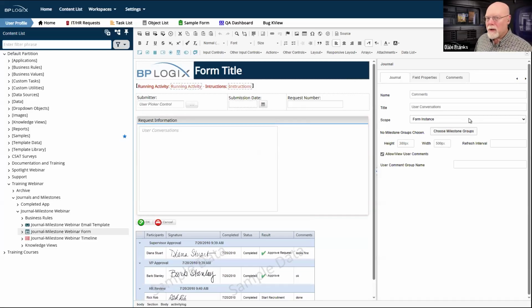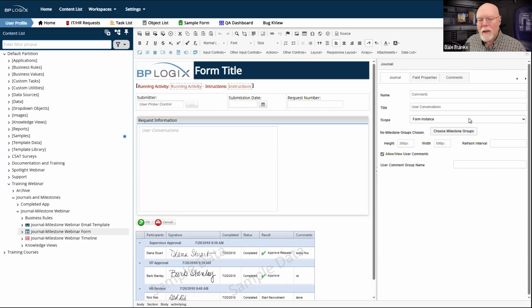Now we come to the scope. And this is where things start to get really interesting. The comment log control is very limited, which is to say it doesn't really even have a scope. It's just a control that creates its own little kind of sub array and stores a comment when you make it. And that's all it does. And it will only store that comment on that specific form instance. It's limited to the form instance.